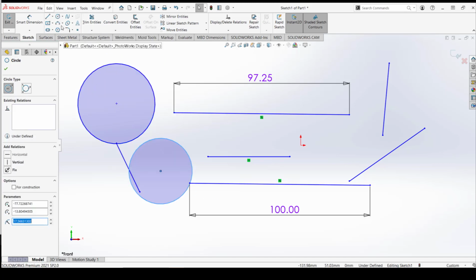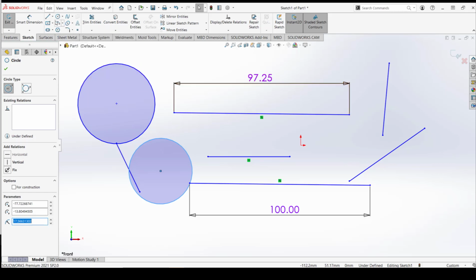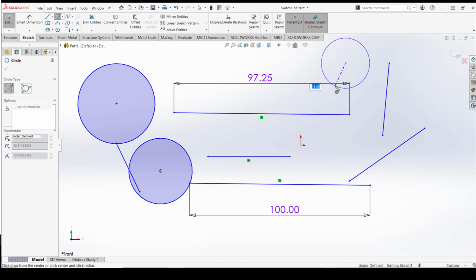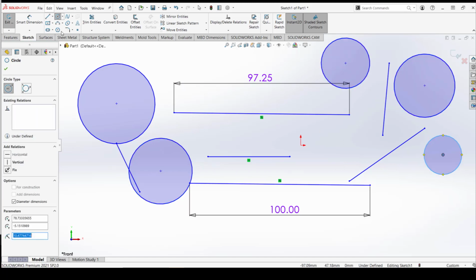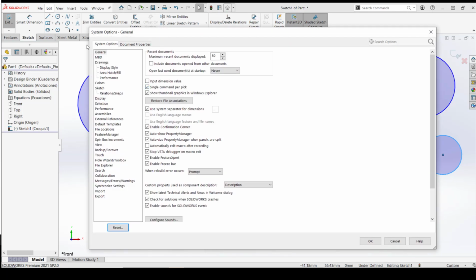If I'm in this mode and I happen to want to make 3 circles at one time, I can double click it and then make 3 circles in a row. And I would have to deselect it to get back out of it. So I personally tend to make a lot of lines at once or a lot of rectangles at once. So I do not like this. I am deselecting that.